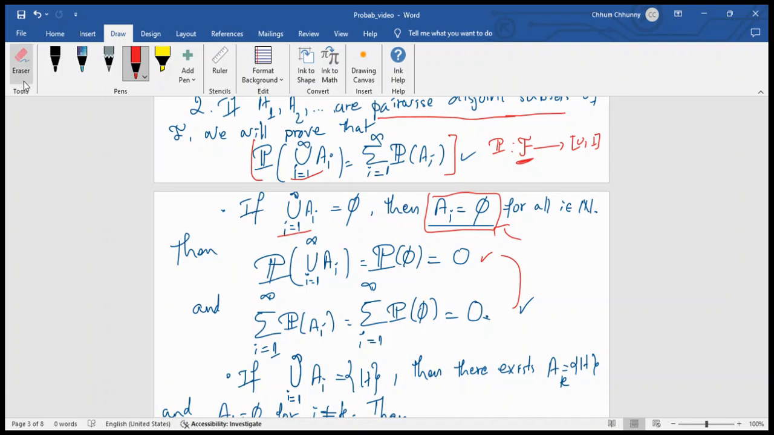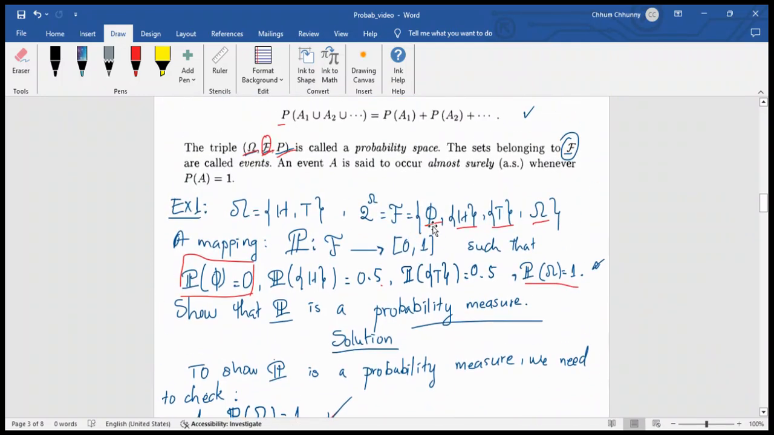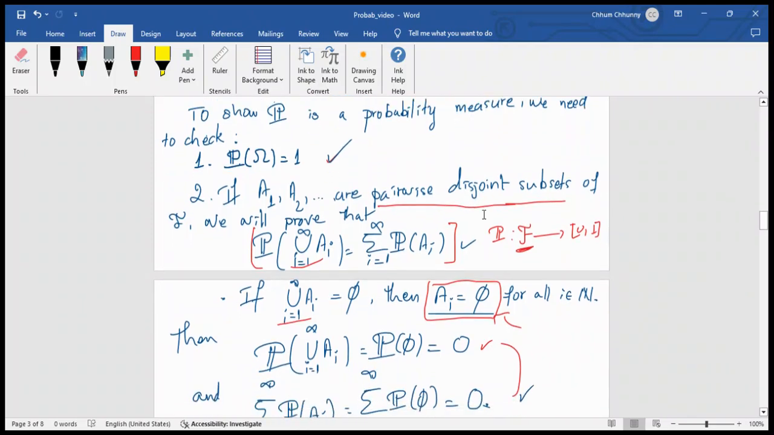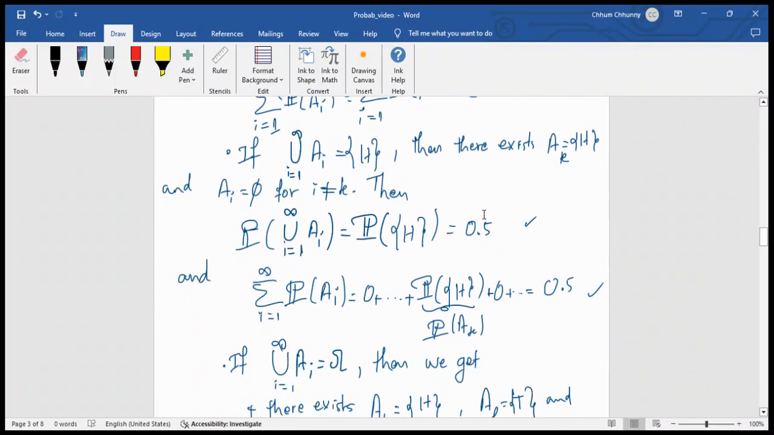Now we go to the second case. Because F has elements H and T and omega. So for H and T, the proof is similar; it follows the same fashion. So I prove only one case. In this case, the union of AI equals the set of H. Then